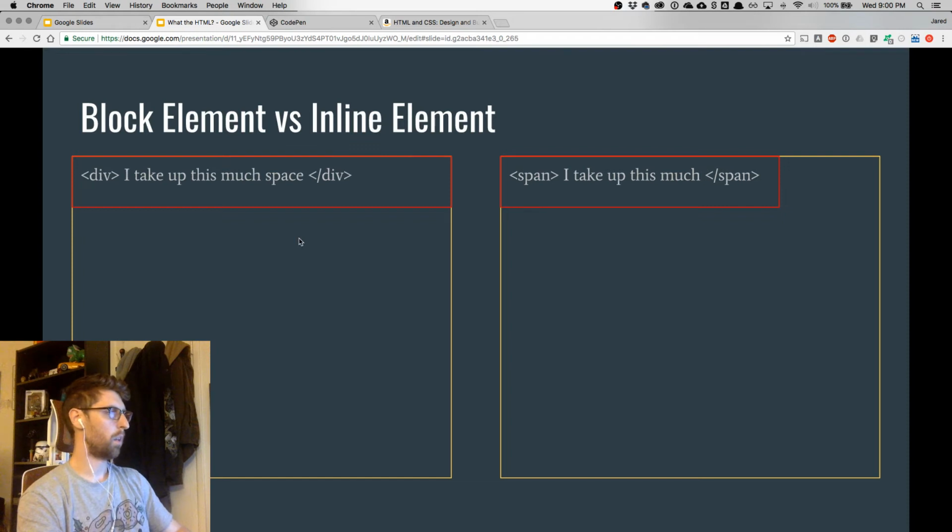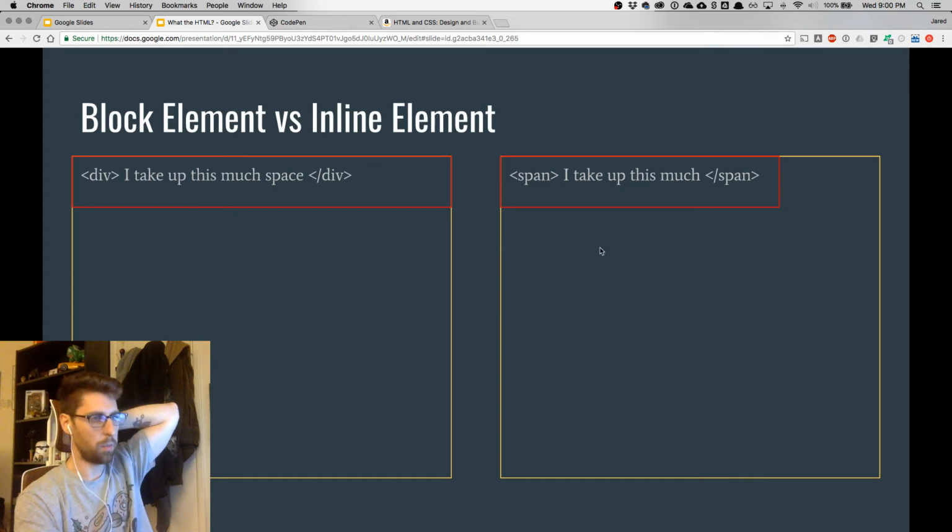Yeah, so a block level element takes up the entire space, one rectangle, right? And then an inline element only takes up the amount of space that is required to display the information. So going back to this,